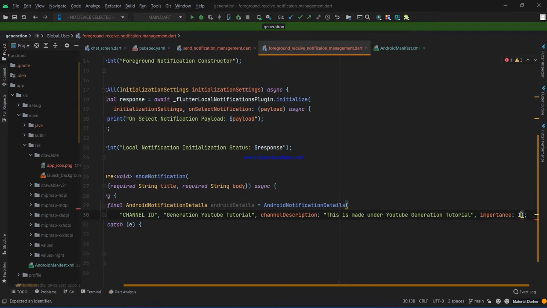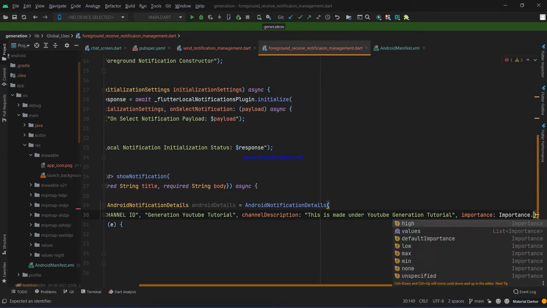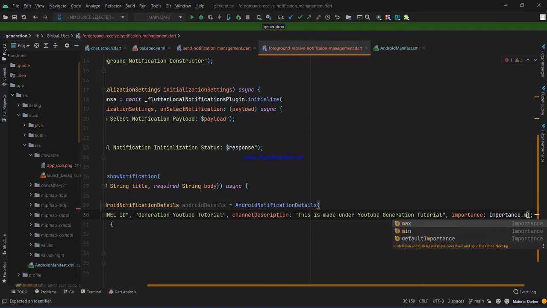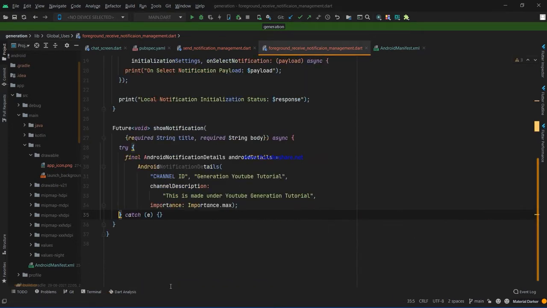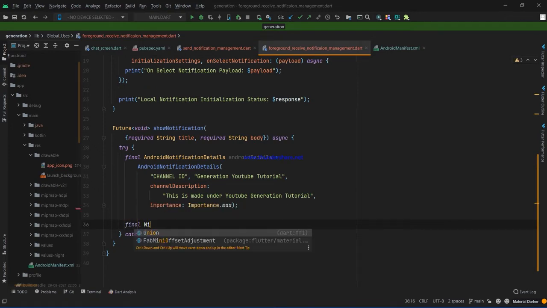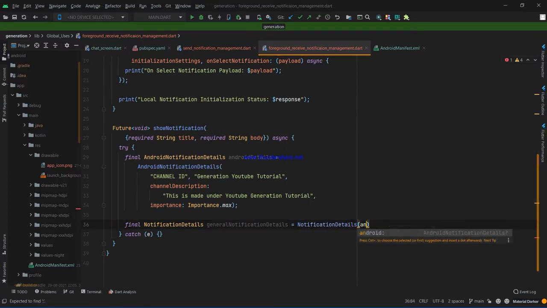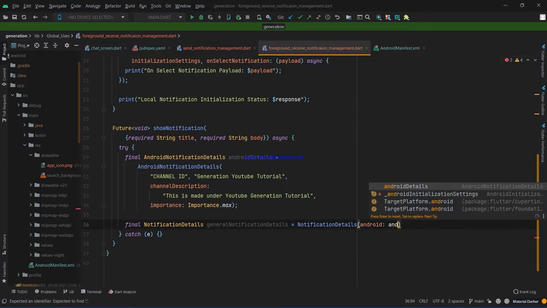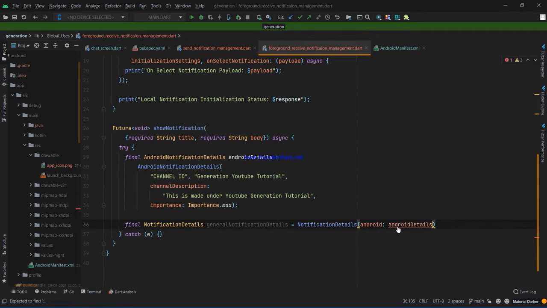So it is obvious that I will give Importance.high or Importance.max. Okay, if you want, you can give Importance.high, but I'm not sure it will show in that format or not. So come back here. So here I have to provide final Android details; for that Android, I have to pass the Android details, and the Android details go here.